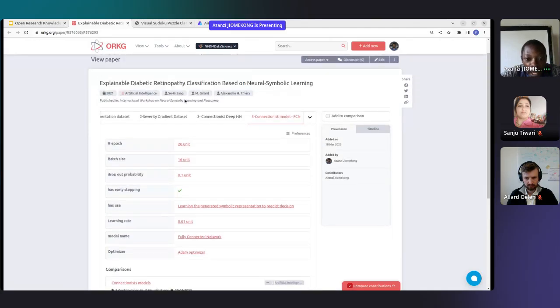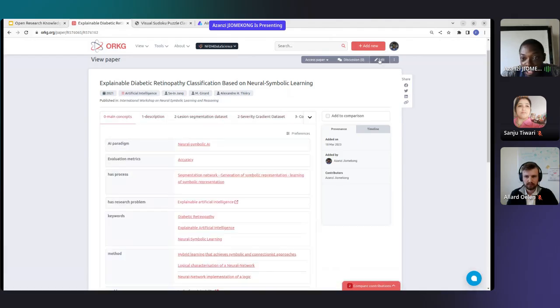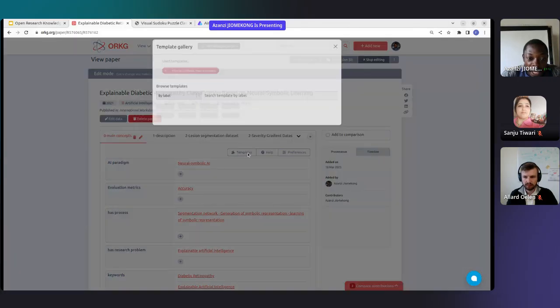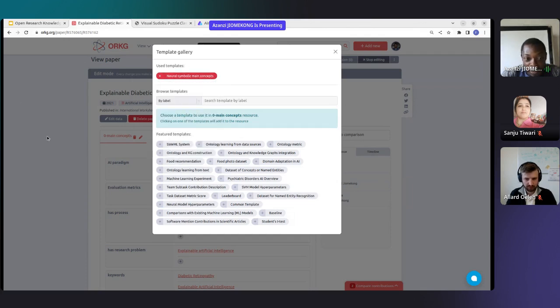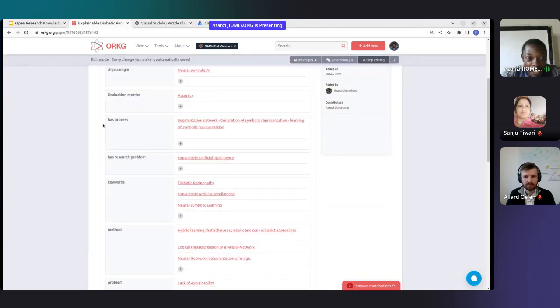Then I'll start with the main concept. The main concept, I also registered, and I can click on edit in order to show you. Then if I click there, you are going to see that this research contribution is built using the neural symbolic main concept, the template that I presented before. Then we have the AI paradigm that they are presenting here, which is neural symbolic AI, the evaluation metric, accuracy,